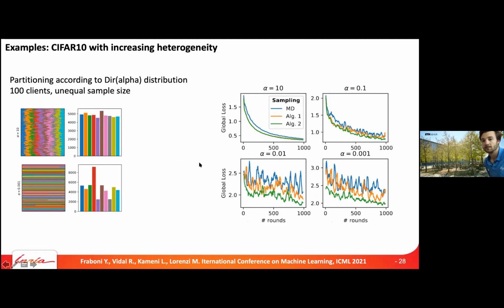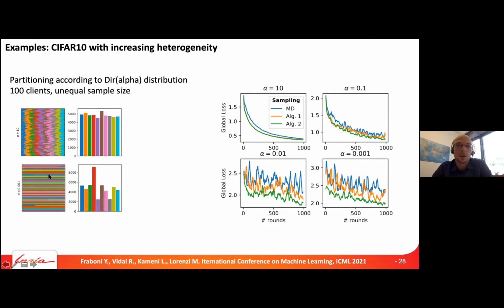And we generated heterogeneity synthetically. So we sampled the clients based on a Dirichlet distribution, where there's this alpha parameter that defines the heterogeneity between the different samples, so the different partitioning of the datasets. So for example, you can see a dataset with 100 clients, and these are the class distributions that we sample when we set alpha equal to 10. And here is the same, but when alpha is much lower, 0.001. So you see that the heterogeneity between clients of the classes which are represented is much higher.